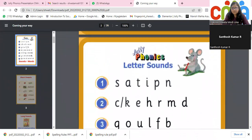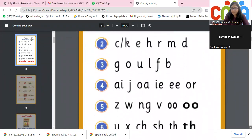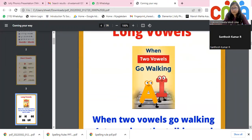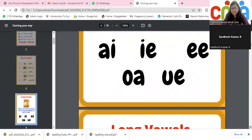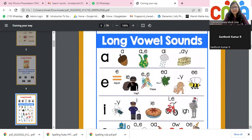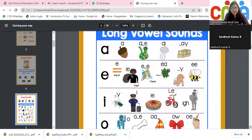Okay, these are the 42 sounds, and then we have the short vowels, and then we have the long vowels. So when two vowels go walking, the first one does the talking and tells its letter name. And these are the long vowel sounds and the alternatives for long vowel sound. A sound can come from A dash E, AI, and AY. Okay. E sound can come from we will say the first letter sound alone, or we will say that as